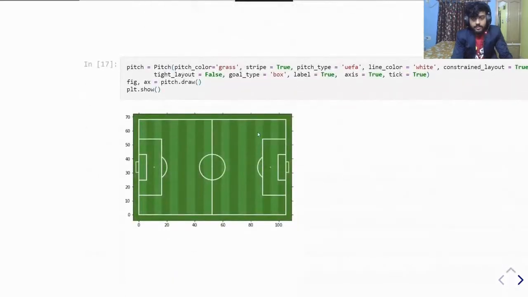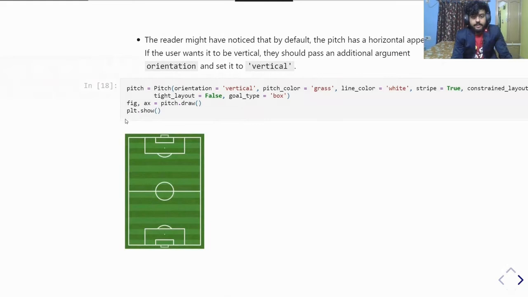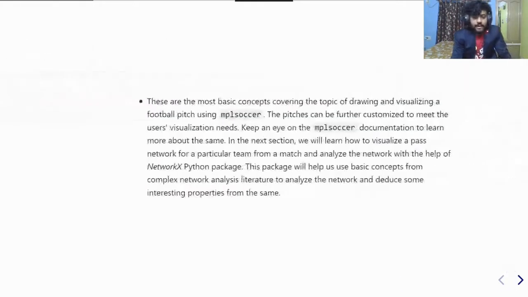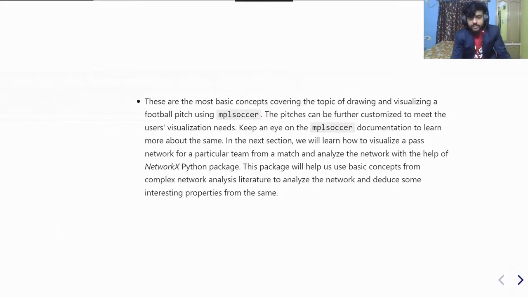Okay, so here I set the pitch type to be UEFA, and here the x-axis ranges from 0 to 100 and the y-axis ranges from 0 to 70. And you can also change the field orientation to vertical. You can change the field orientation to half. And now that we have used mplsoccer to draw football pitches, we can